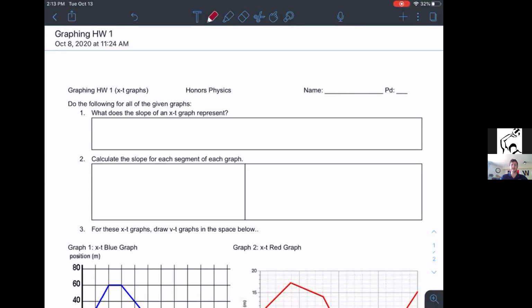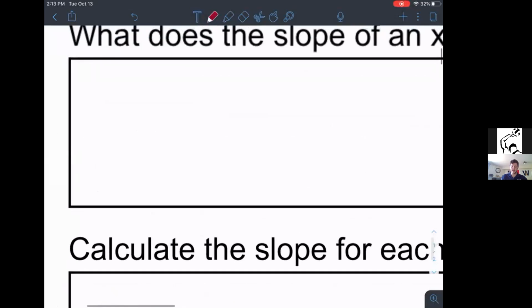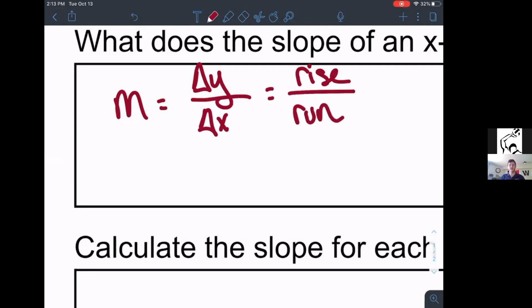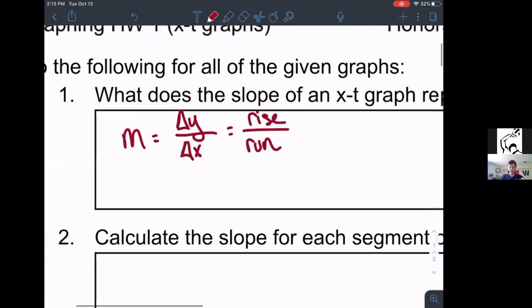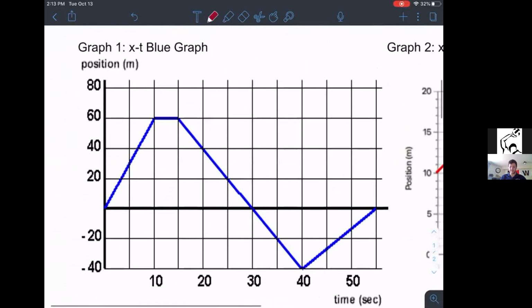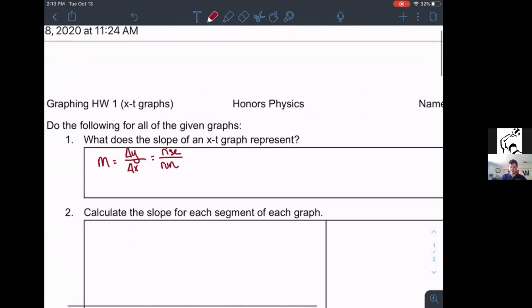So if we look, that first thing it says is, what does the slope of an xt graph represent? Remember that x is our distance, our position, our displacement. We're going to use those words interchangeably, but if we remember real quick, slope is found by taking the change in y over the change in x, or our rise over run. So if we're finding our rise over run, that really means we're doing our y's divided by our x's. So if we look at an xt graph or position versus time graph, we take our position divided by